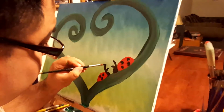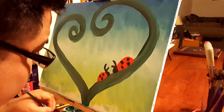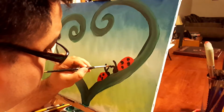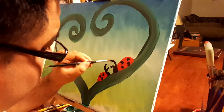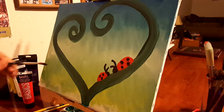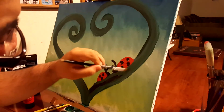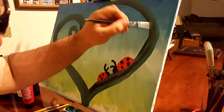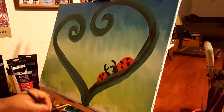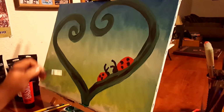And I'm going to draw like a little dot, little dot, little dot, little dot. Okay. Now that I've done this, I'm going to come back here again, and that's more shadow. Give this a look of more